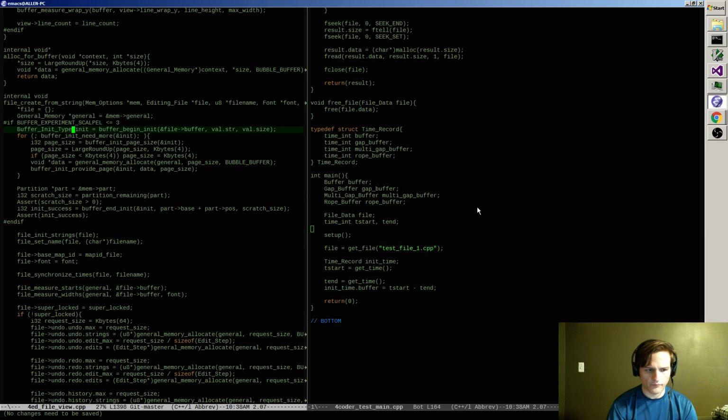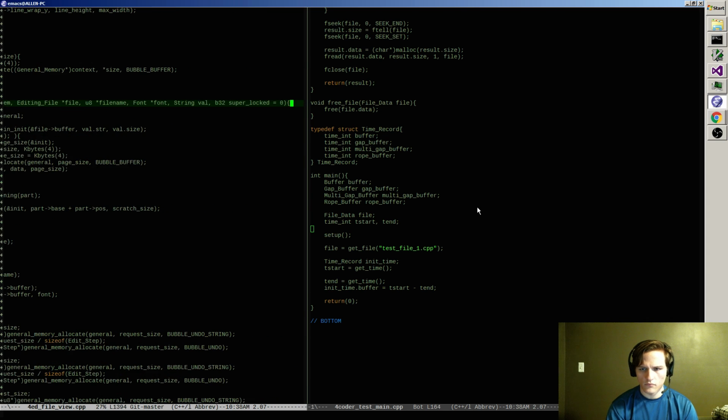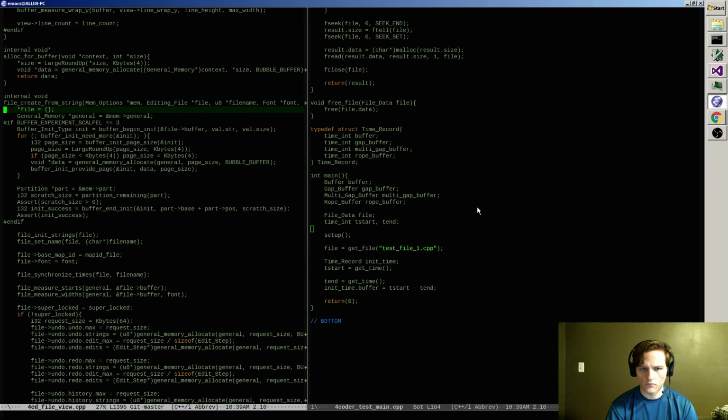Okay. Init type does the allocation and buffer begin init val string val dot size, buffer end init.